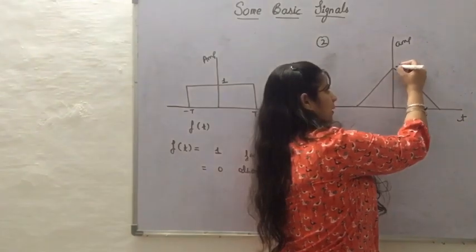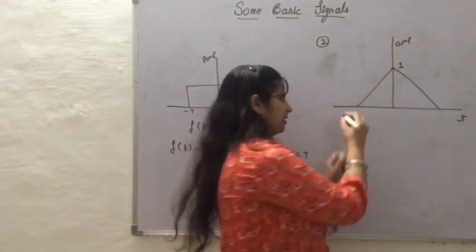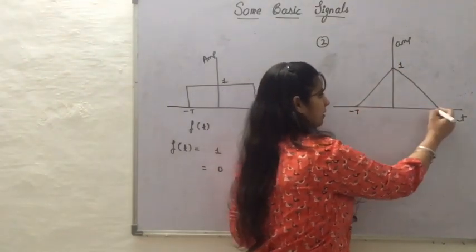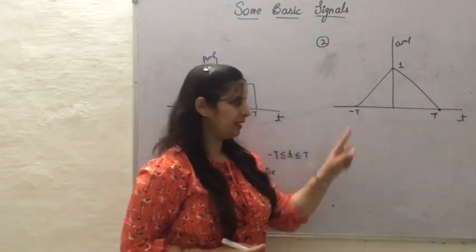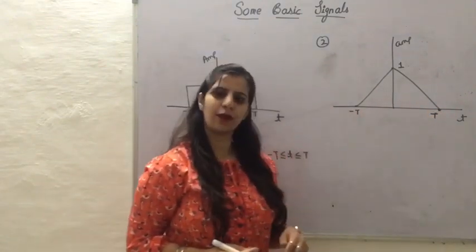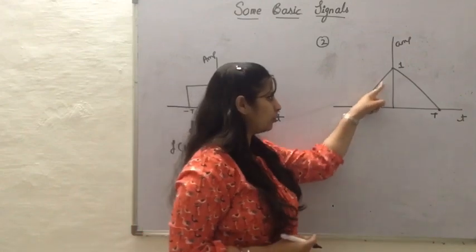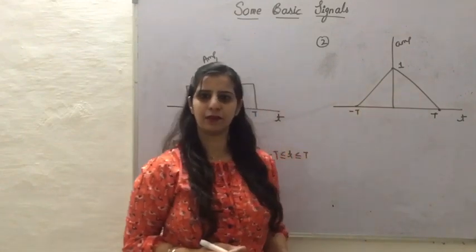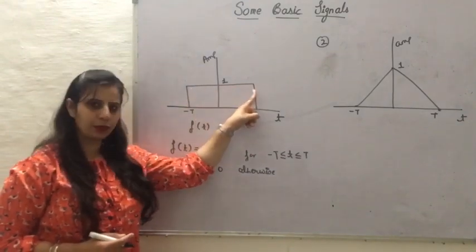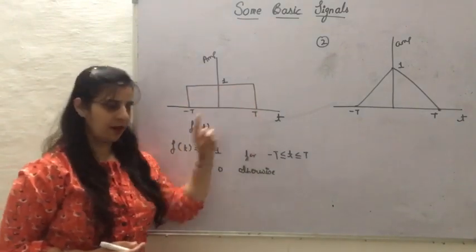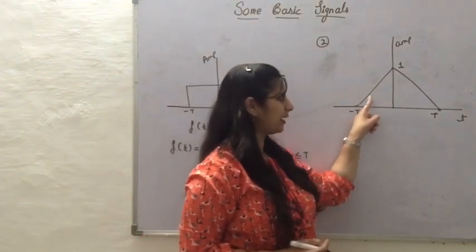So here it will be 1. This is minus t here. This point here is t. What we can see here is this signal consists of two lines, and those two lines have got different slopes. The previous signal had a constant amplitude throughout this duration, but for this signal the amplitude is